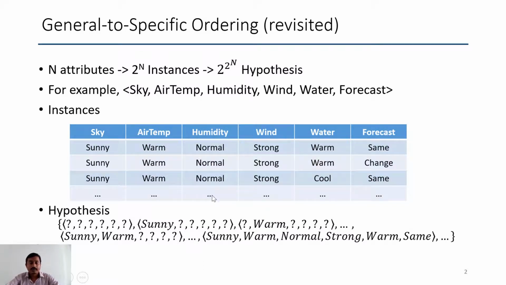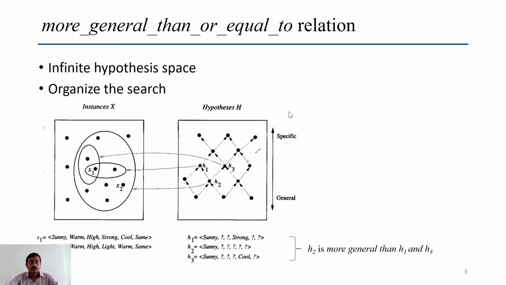So we are taking a power set of these instances, and the cardinality of the hypothesis space will be 2 raised to the power n. So for a given problem we may have this exponential number of hypotheses. That is the problem with concept learning. We have to find a particular hypothesis from this infinitely large hypothesis space. The solution to this problem is that we have to organize our search through this large hypothesis space, and we have to utilize the structure that is present in the hypothesis space.